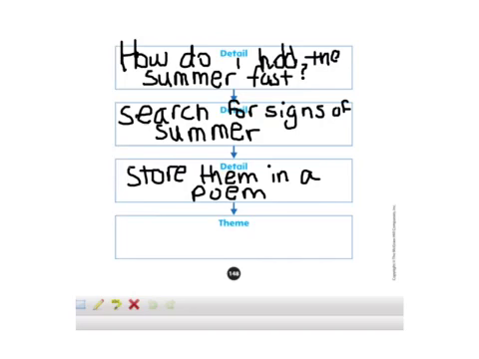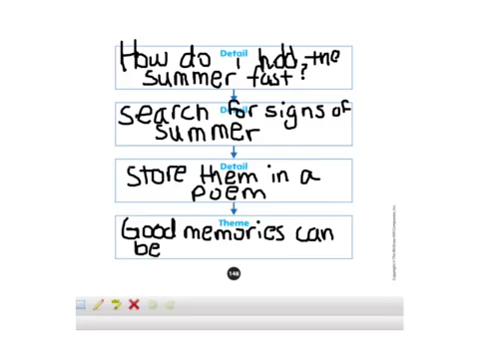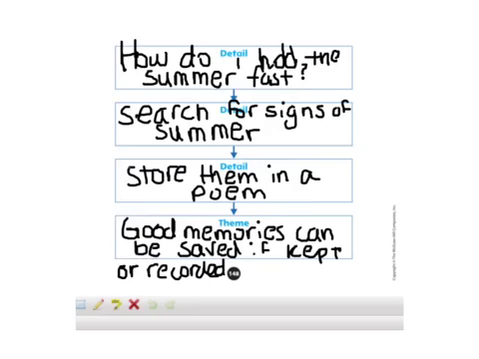And what is the message the author is trying to send us? I think that the theme and the message here is that good memories can be saved if kept or recorded in